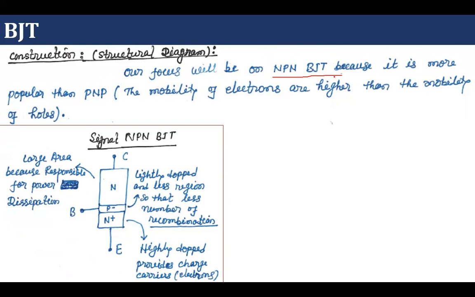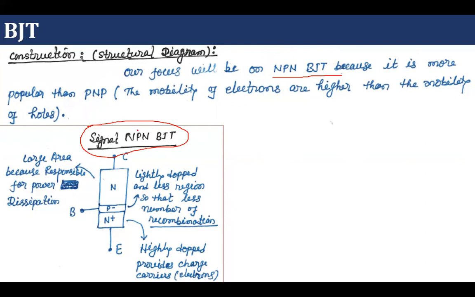As I said in the previous lecture also, we have two types of semiconductor devices. One is the signal device, also known as a normal device, which works at low voltage and low current. The other is the power device, which works at high voltage and high current. Generally, a device that can carry more than 1 ampere of current comes in the power category,